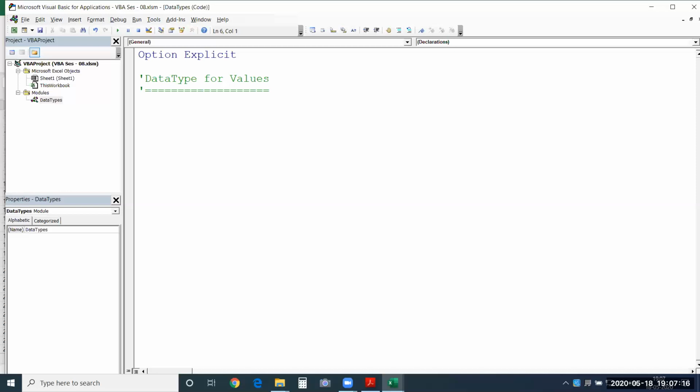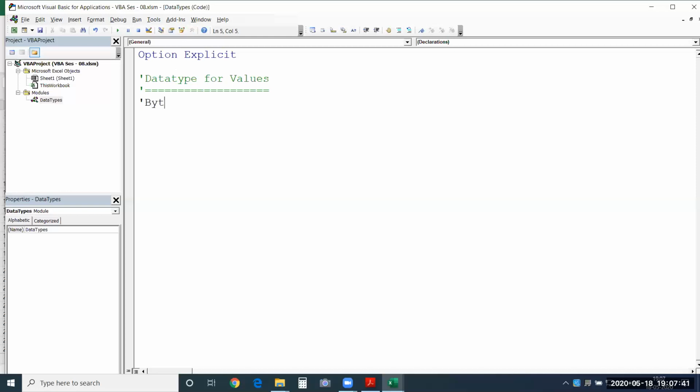Some people classify them as numeric and non-numeric data types also. So I was telling you data types for values and data types for objects, and let me discuss them one by one. There is a huge list of data types, so let me show you.